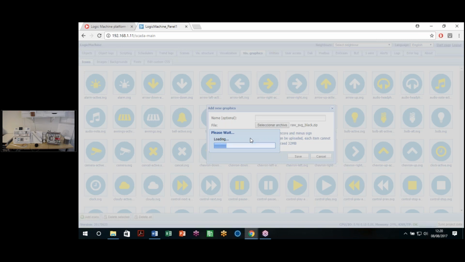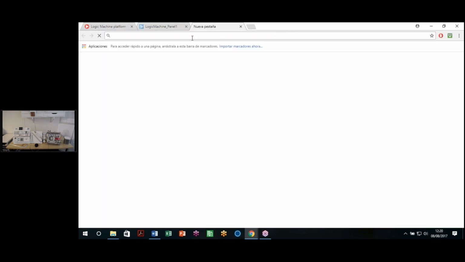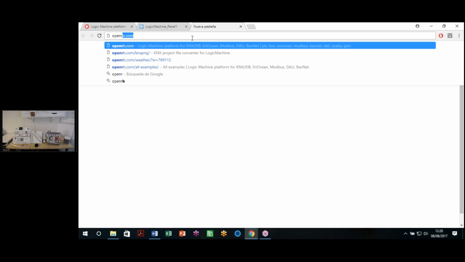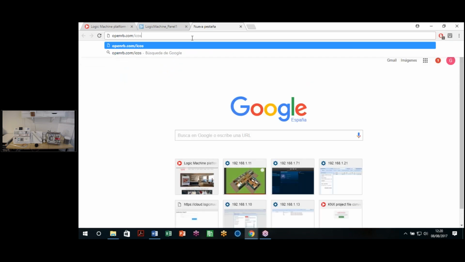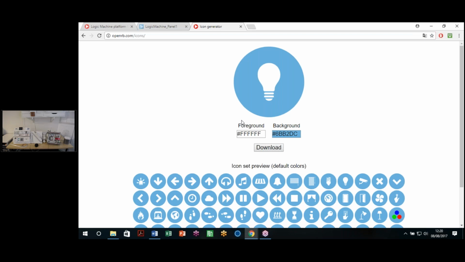Of course, I forgot. We have this standard set of icons. We can edit them by using a tool that OpenRB, the web page of LogicMachine, has. We can find the tool at openrb.com/icons. If we use this tool, it will show us the whole pack of icons and a very simple editor that we can use to change the